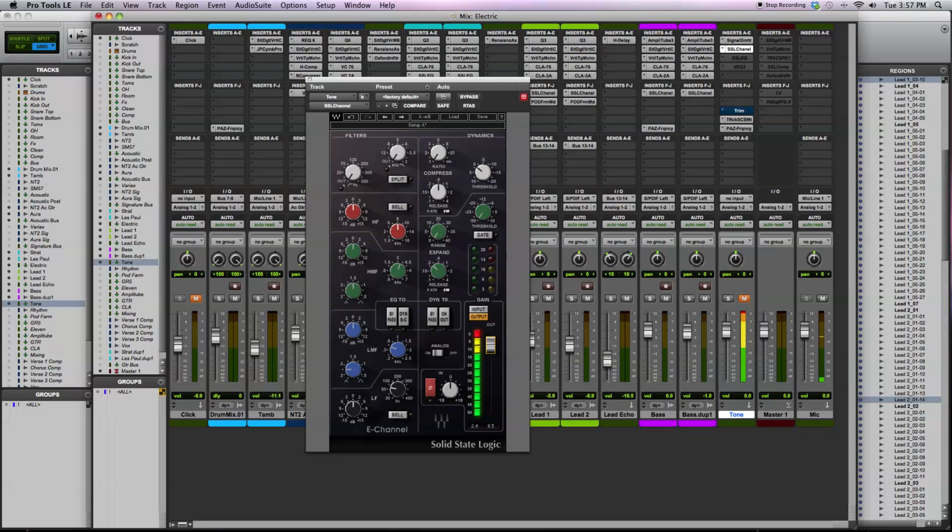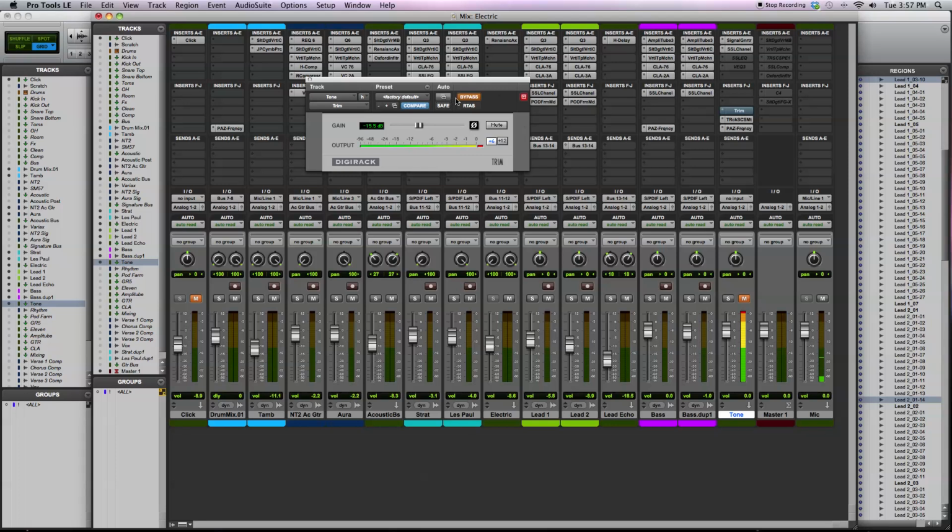Cool. Now the problem is I'm also saturating my channel. What you can do is add in this trim plugin, bypass it, and bring it back to a reasonable level. The reason why you can do this without actually clipping your signal, digitally clipping your signal, is that inside of Pro Tools or any DAW really, I know for Pro Tools for certain,